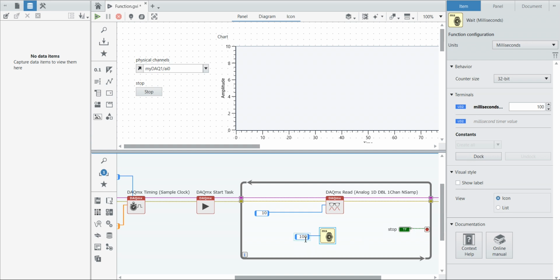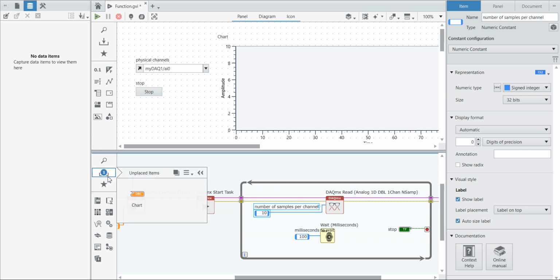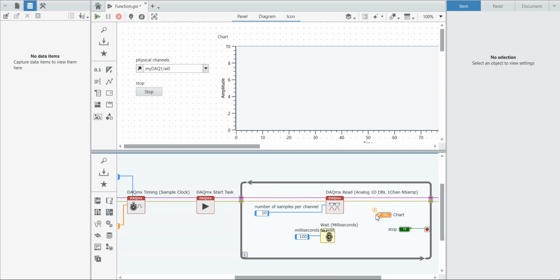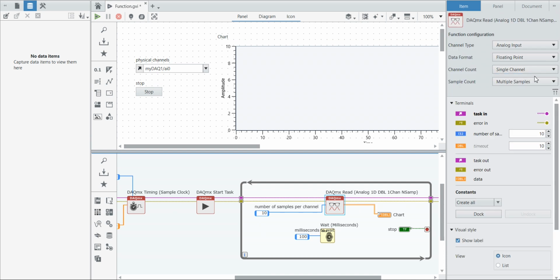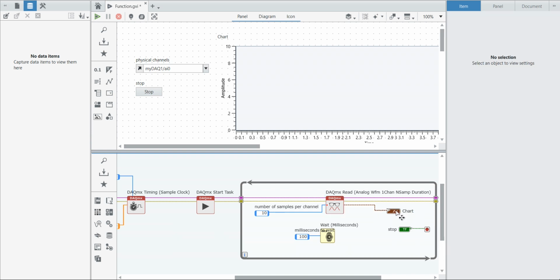I will open the label. Things are set. Let's see the waveform chart here. Can I select a float waveform chart? Yes, I can select the waveform chart.